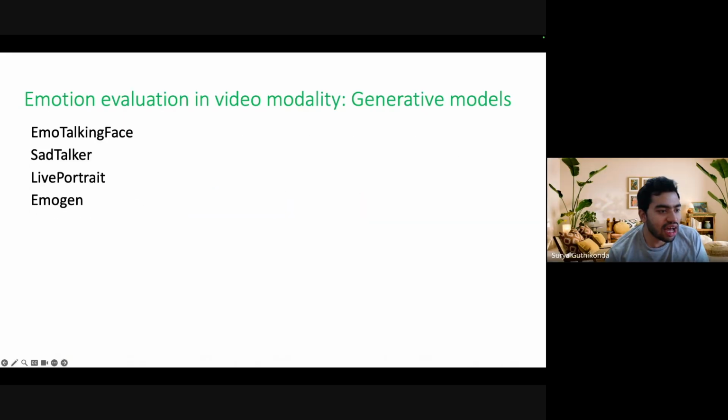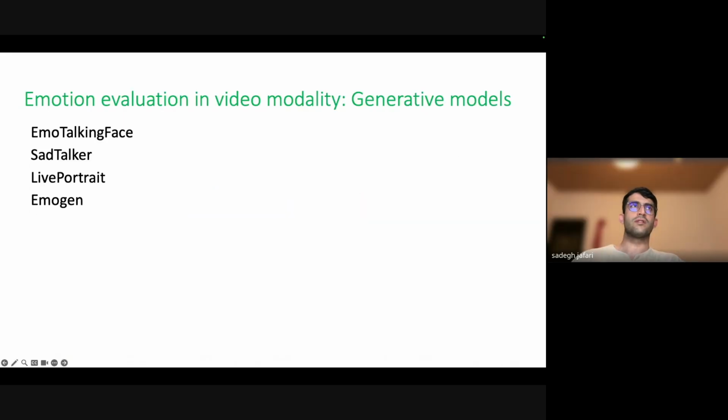Here we have four different video generation models. Three of them accept an emotion tag, target emotion, reference audio, and a reference picture of the person.